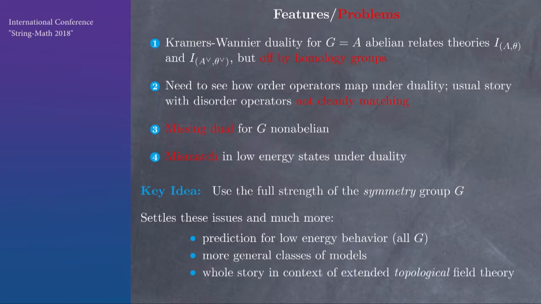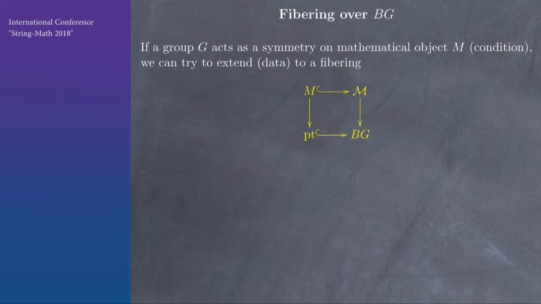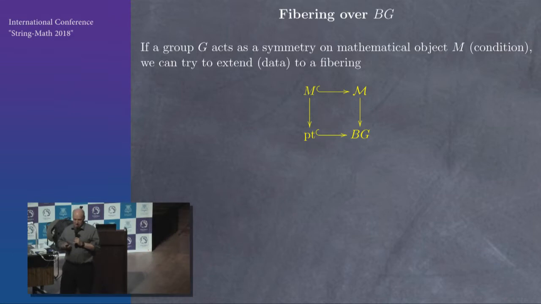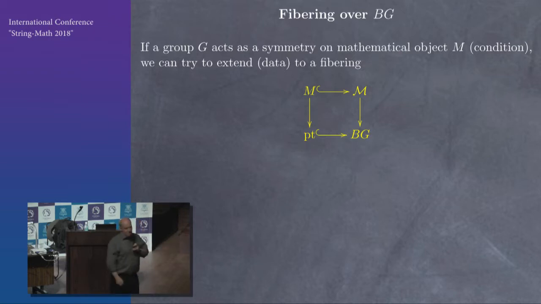And we're eventually going to actually make the whole story as part of topological field theory, and there are higher dimensional versions, which I may or may not have time to say a word about. So let me just make a general comment about symmetry. If we have a symmetry in some problem, you can think of that as a condition, that something is invariant. But a rather stronger form is to spread that over BG, which is data. You somehow view your object, whatever it is, as sitting over a point. And a strong form of saying that it's invariant under G is data, where you construct some object fibering over BG.